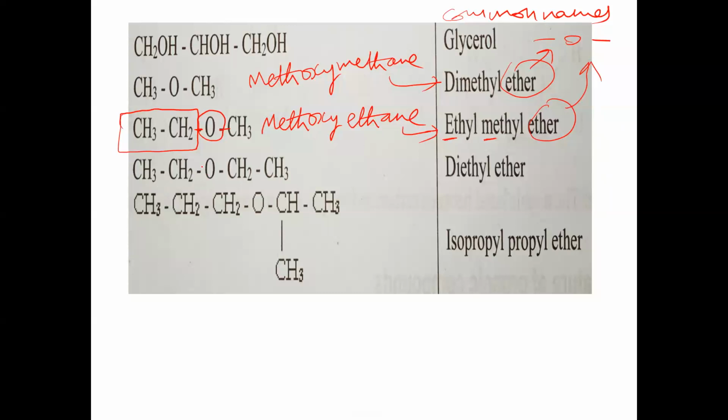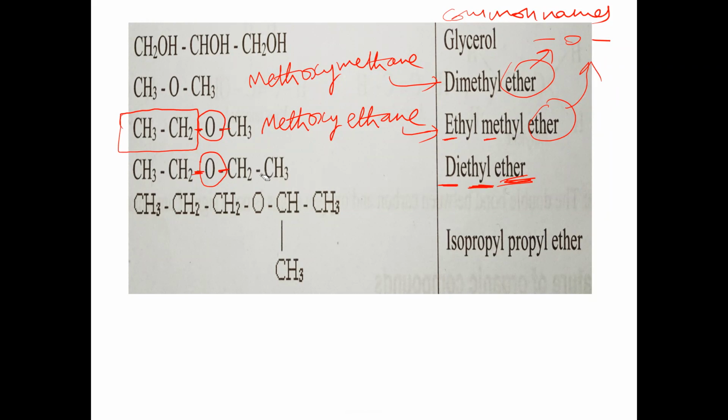Next, tell me this name. First we understand the common name. First you identify bond O bond. Bond O bond is ether, so first we write ether here. After writing ether, we have to check which alkyl groups are on either side of this oxygen. Ethyl group on the left side, and ethyl group on the right side. Both sides have ethyl groups, that's why it is called diethyl. Diethyl ether is the common name.